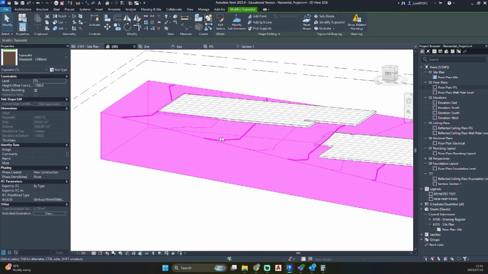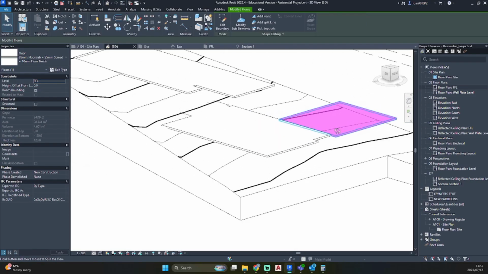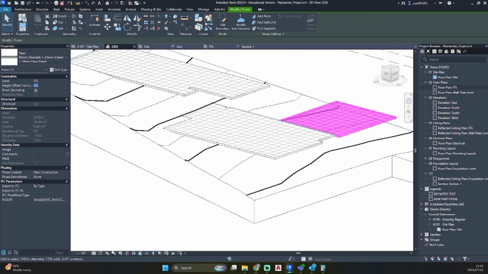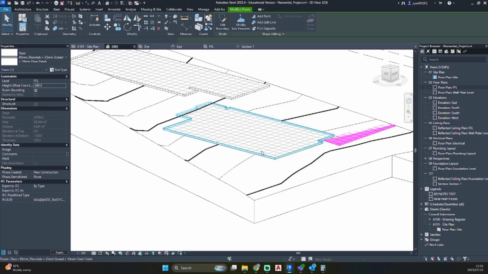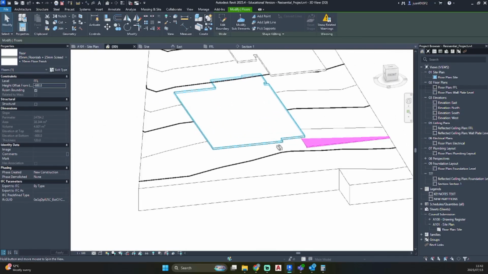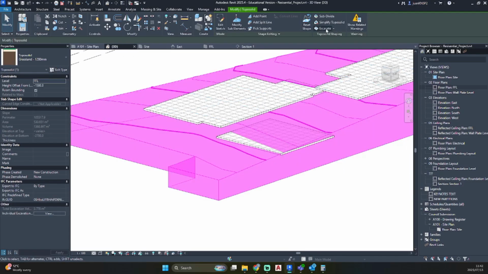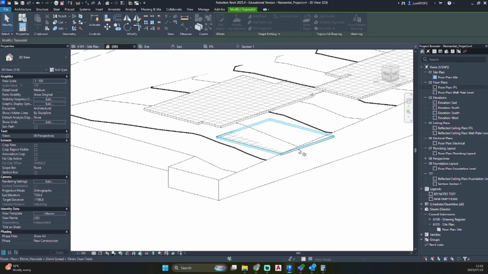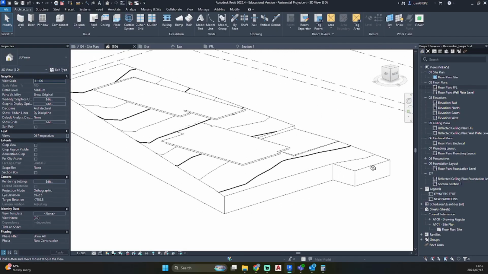And if we click on our floor, we want to do the same for the garage. So the garage needs to go minus 680. And once you hit enter, yes, okay, we will sort that out. As you can see, it's cutting again. So let's click on our site, go to your top ribbon under excavate, click on the floor slab, and there it has been successfully excavated.